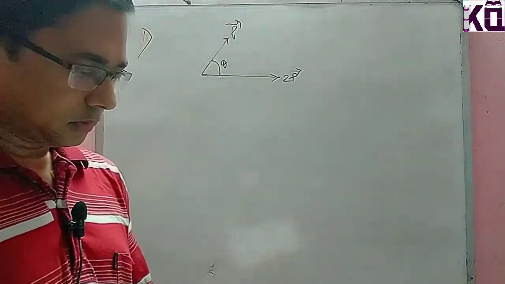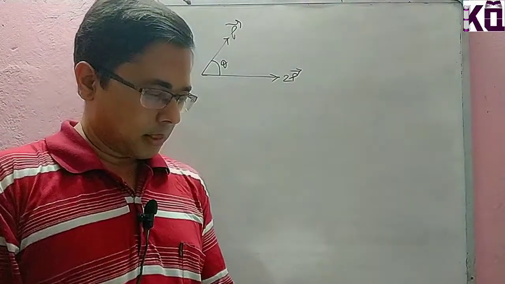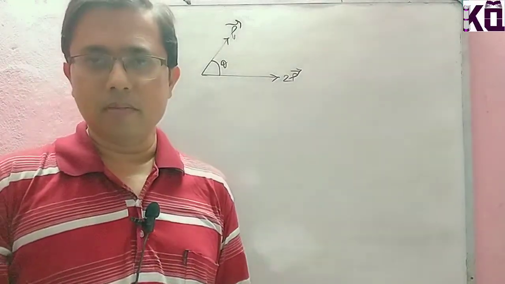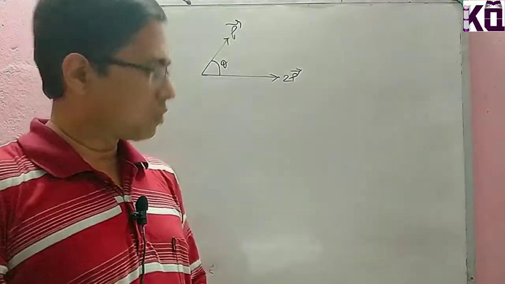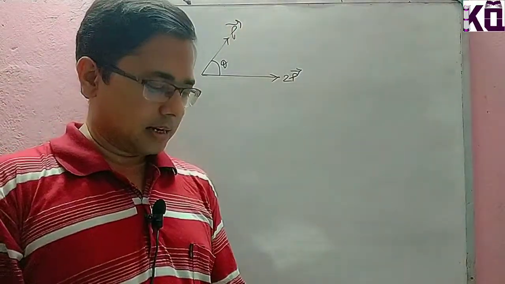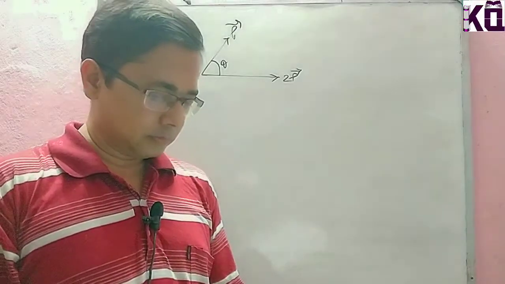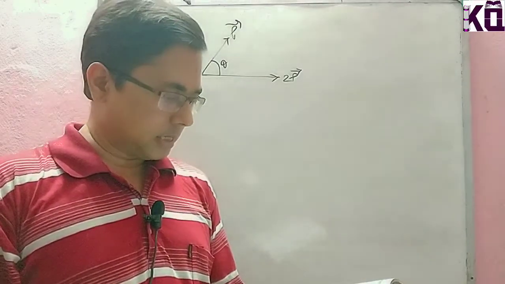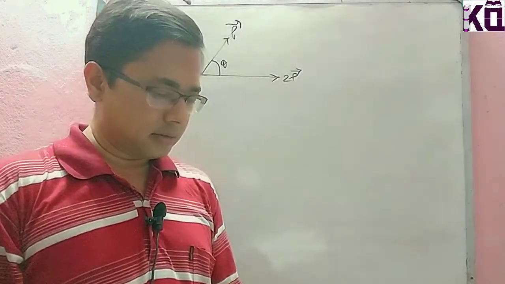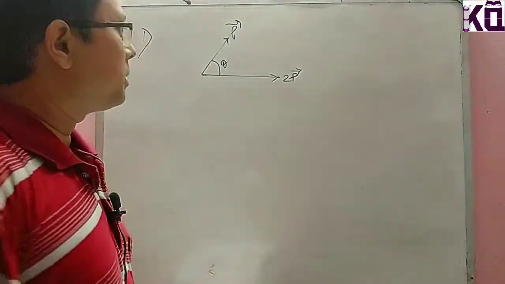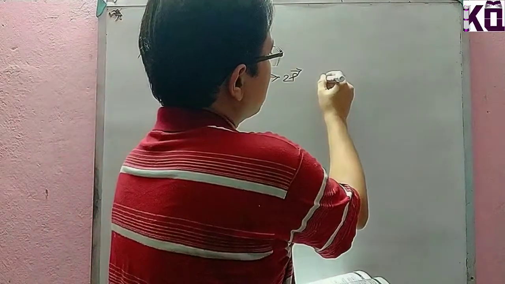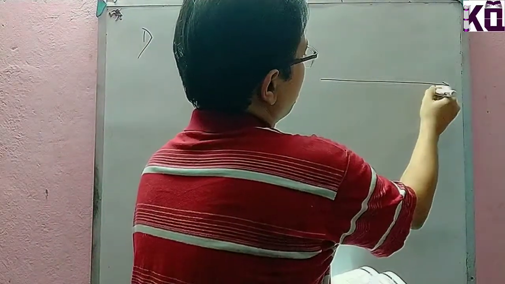Now the problem is given as: if the first vector is doubled, that means 2p becomes 4p and the resultant vector is increased 3 times. That means if 2p becomes 4p